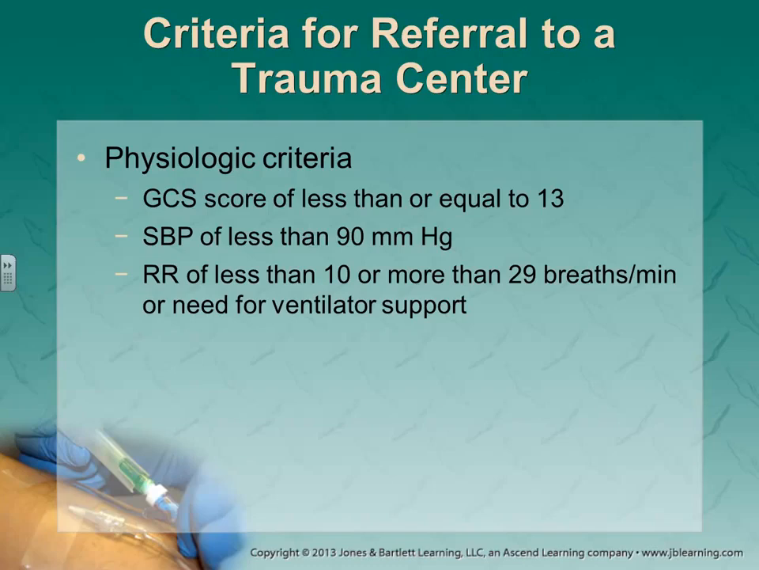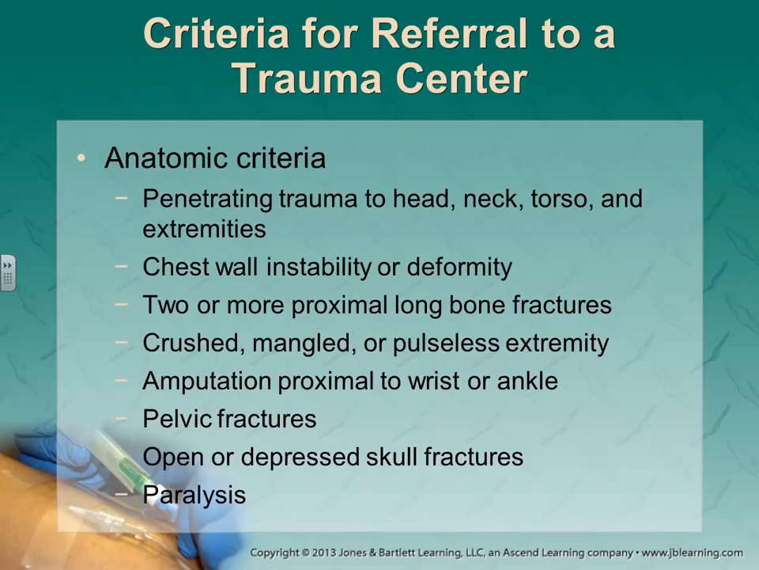Your criteria for referral to the trauma center is a GCS score of less than or equal to 13. All right? Doesn't matter where the deficit is, it's going to be 13. Systolic pressure of less than 90, and then a respiratory rate of less than 10 or greater than 29. Now this is going to be for your traumatic injuries. Other things that you're going to look at: